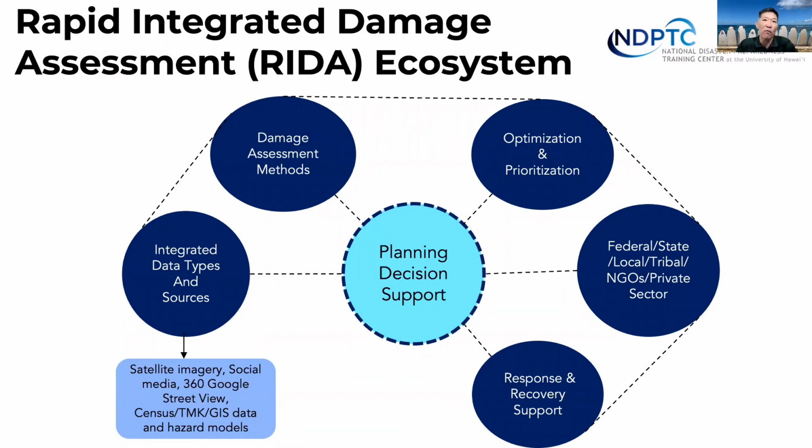There's a need for quick information on damages to support optimization and prioritization of actions to support disaster response and recovery. And there are many, many partners that come together from the state, local, federal governments, and others as well. And so what this project is about is to create a platform for integrating data from many different sources,